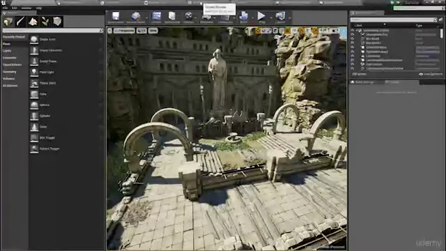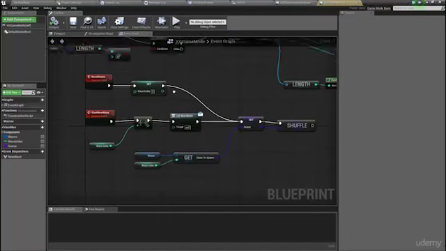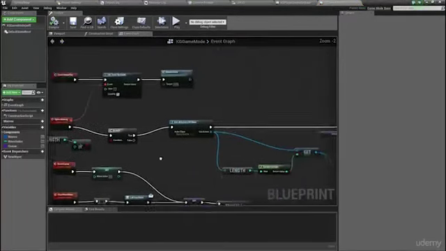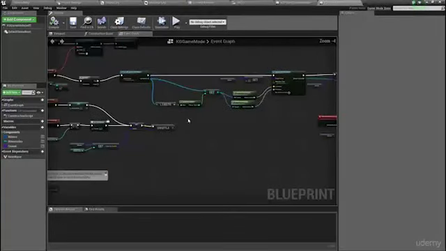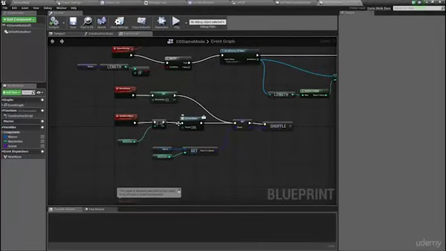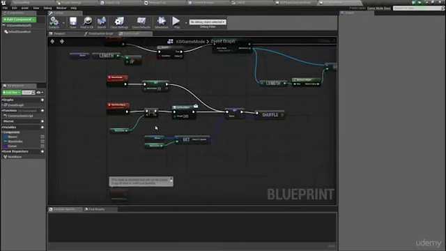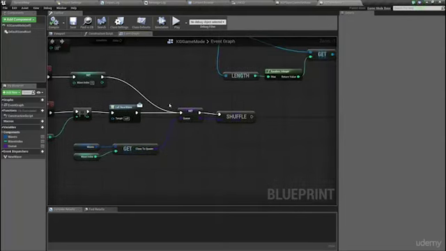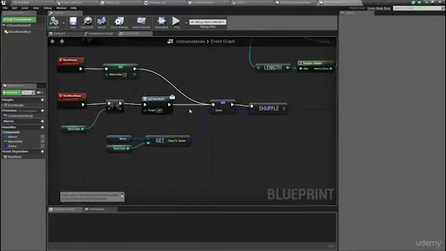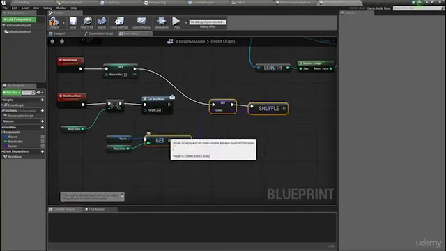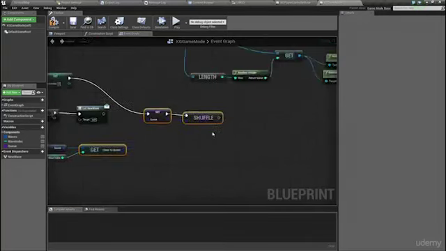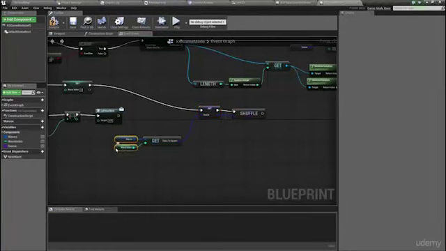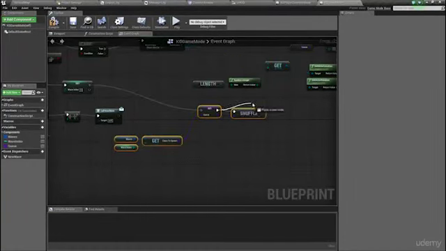So to do this, I'm going to go to my content browser and I'm going to open up my game mode. Now the reason I'm doing this is I want to set up a function so that when we increment waves, if we're actually over the final wave index, we no longer spawn a new wave, but instead we play the end game scenario. So I'm going to need an additional check, which is going to be just here. So I'm going to move these across. And this additional check is simply going to say,